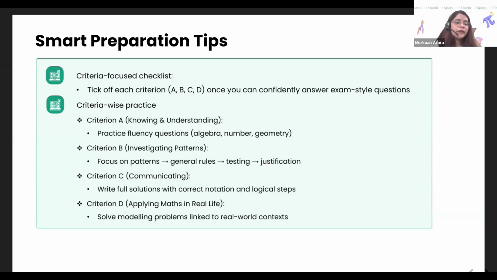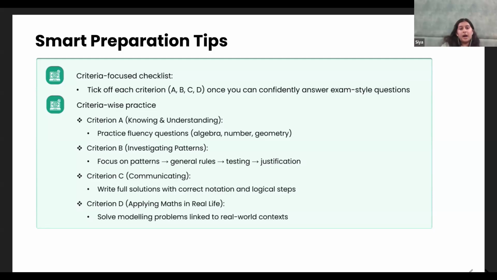And criteria A could be a section that you prepare with timers, right? If you find some questions online and you're attempting them, make sure to time them. Because we want to have at least one section in our hands that we're very fast and thorough with, and we don't need to spend too much time on it, because criteria B and D questions can be tricky sometimes. They usually end up draining a lot of time for you, right? Sia, what do you think about this?